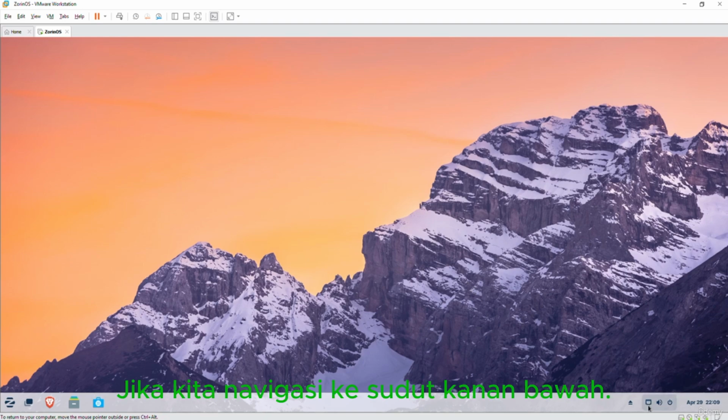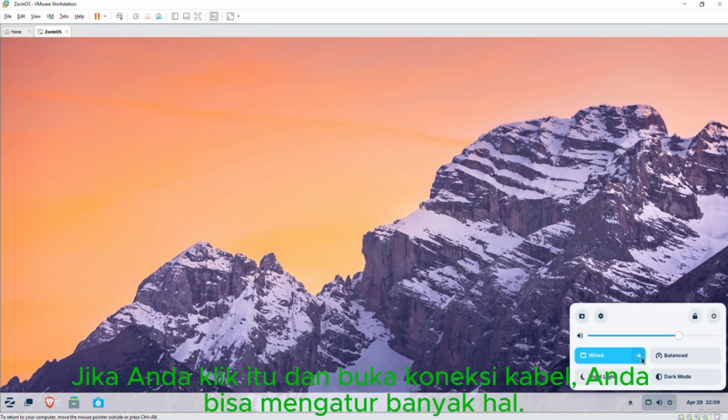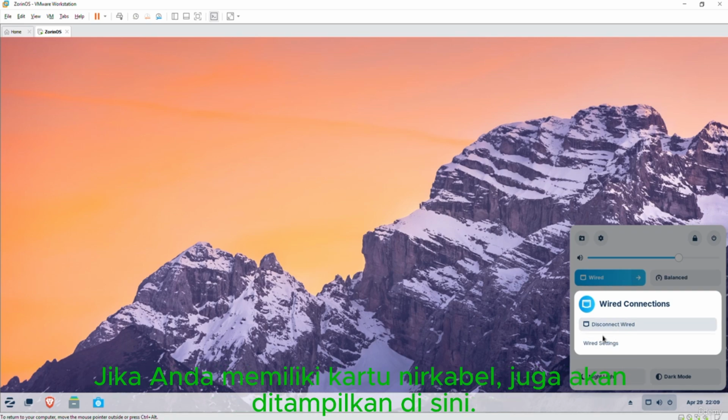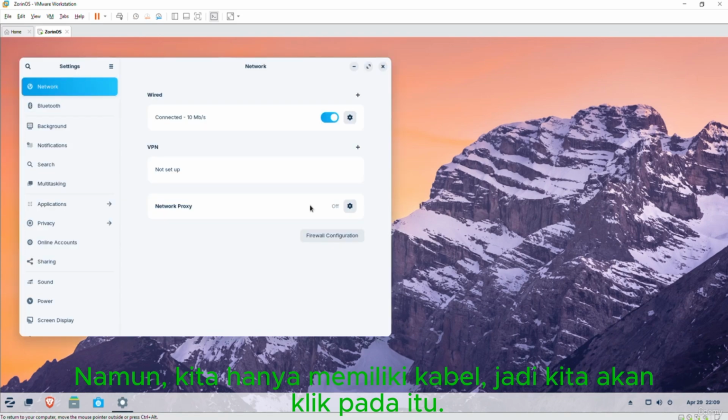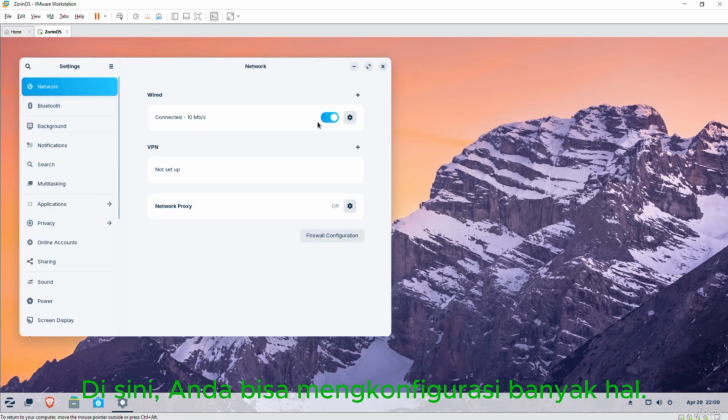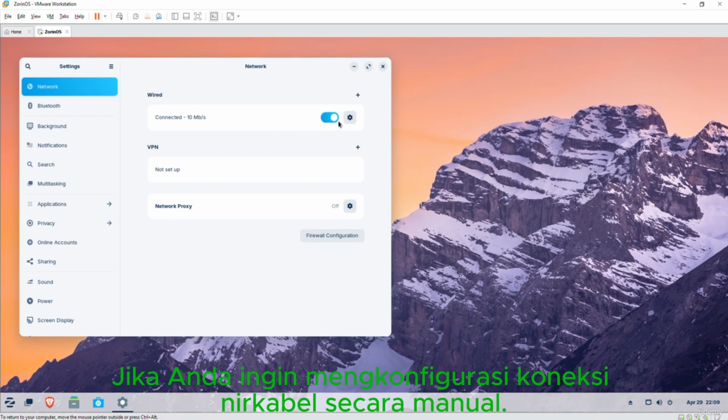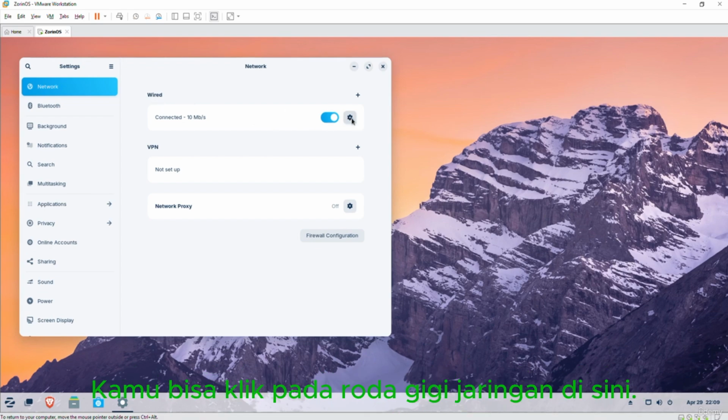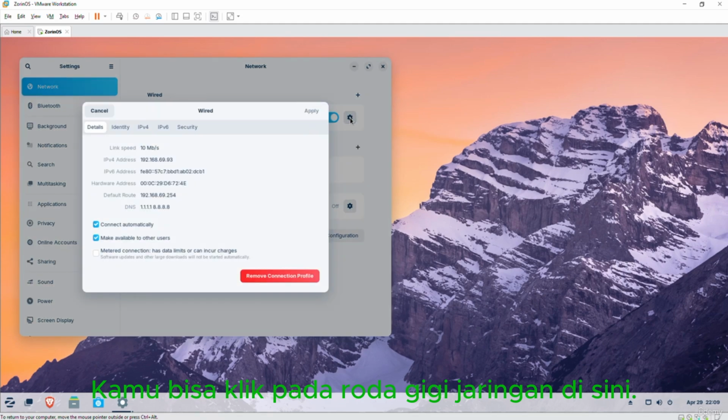If we navigate down to the bottom right hand corner, we can see this little Ethernet looking jack right here. If you click on that and then open up the wired connection, now if you had a wireless card, it would also show here, but we just have wired, so we're going to click into that. Within here, you can configure a whole bunch of things. So if you want to manually configure your wired connection, you can simply hit on the network cog right here,